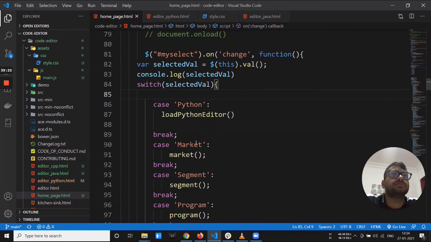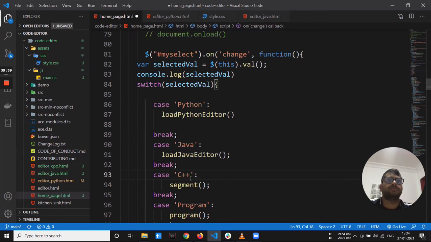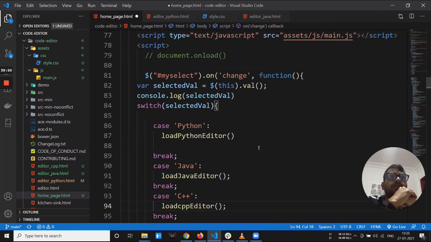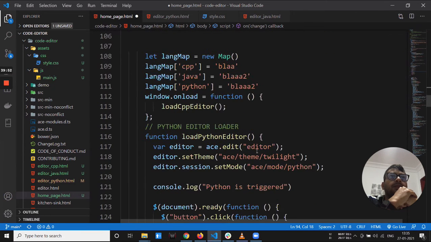So if it is Python, and if it is Java, then Java editor. C++, then. Okay, and remove the other things, the platform and this.